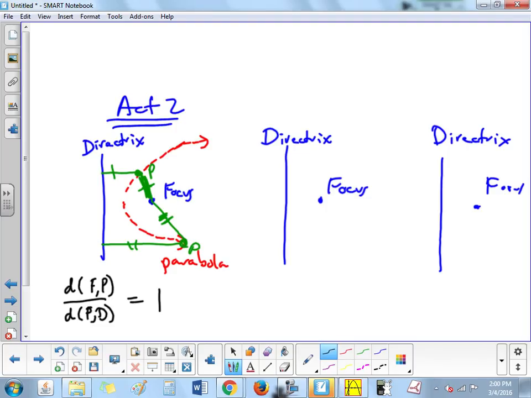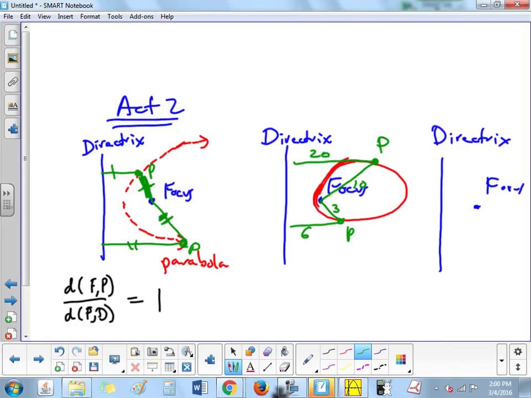Okay, then in the second game, we caused our points to sort of hug closer to the focus and further from the directrix. What happened was we got an ellipse, okay? And we didn't just arbitrarily pick distance. What we did, if you remember, was if this distance was 3, we made this distance 6. And if this distance was 10, we made this distance 20. We intentionally designed it where point P is twice as close,